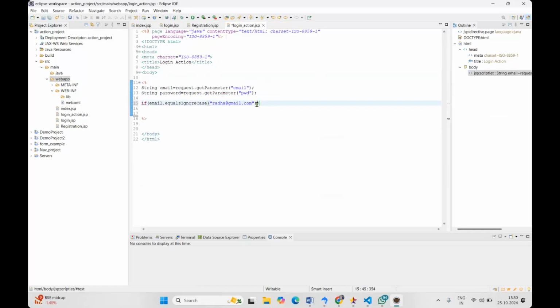In upcoming classes, I think from Monday, we are going to start the database connectivity, or we are going to integrate our database with our Eclipse, with our projects. So from that, it will be easy. But for now, I'm just taking some random email and I'm checking that. Okay, if email.equalsIgnoreCase radha at the rate gmail.com